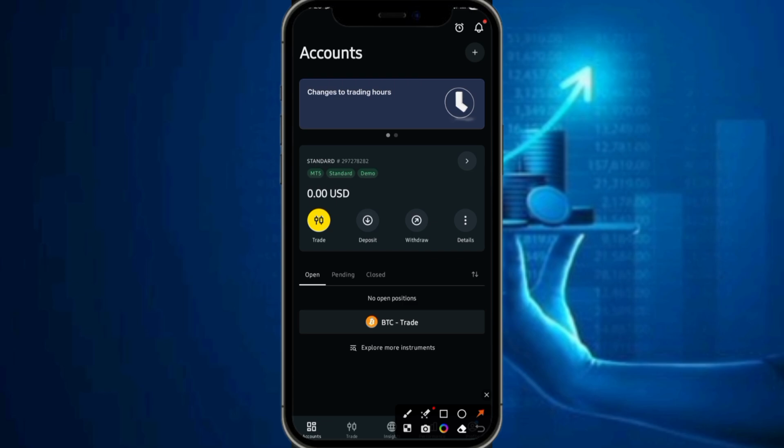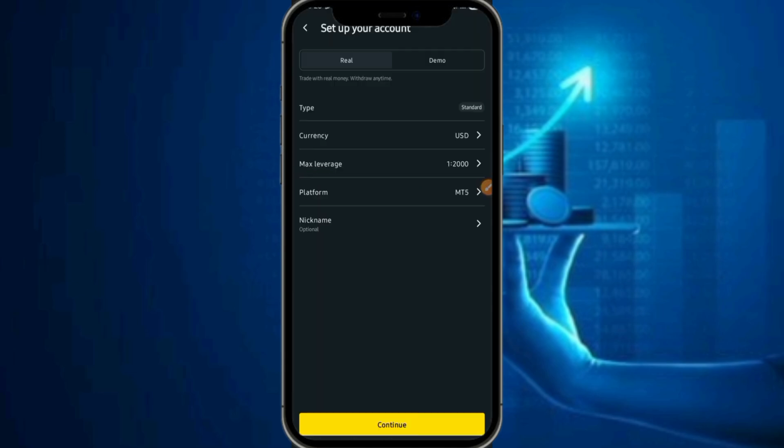Now when you open your Exness account, this is the interface that you are going to get. Check your top right corner and tap on the addition sign. Now you can tap on continue. When you get to this interface, check the top here, you see we have real account, and here they've written demo account. Since we are beginners and we want to just learn how to trade,